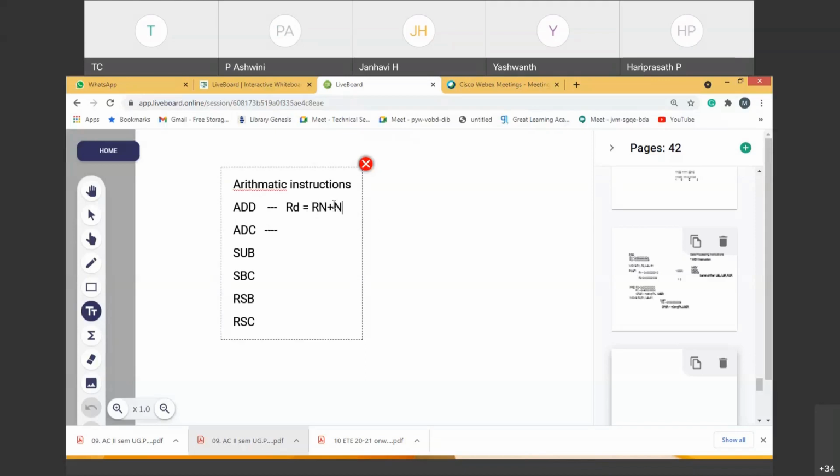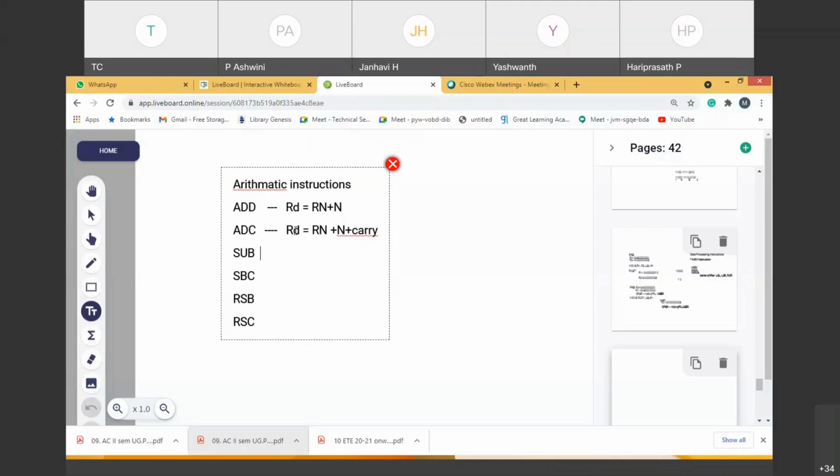So some register name. Usually in an instruction, a register name is used. We'll come to know. So add with carry. If I say add with carry, the same set I'll write. RD means the destination result. The destination result will have Rn followed by N, adding Rn with N along with carry. If the carry flag is set, that also I'll take care of. So I'll say carry flag. So that's the simple picture.